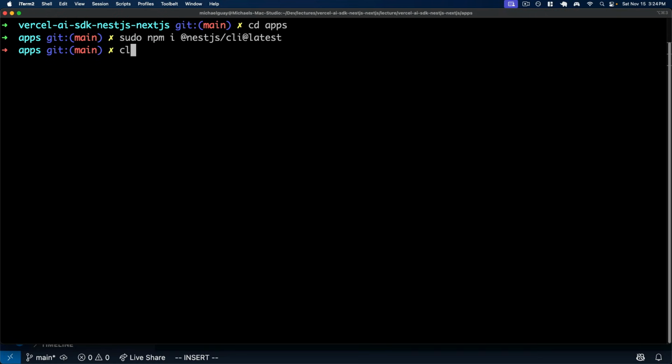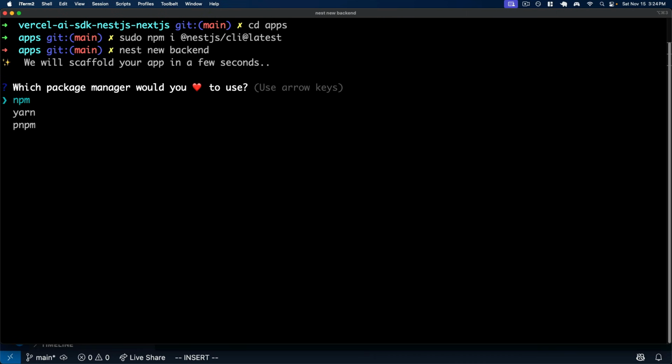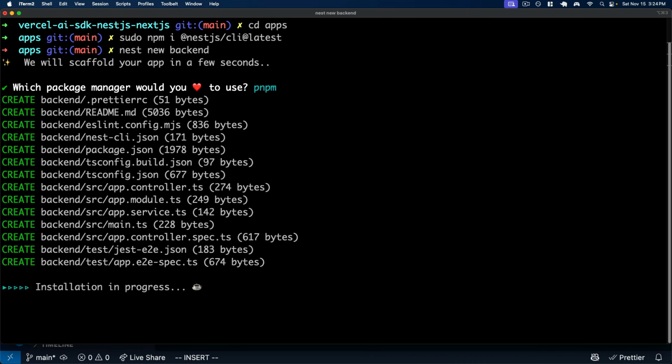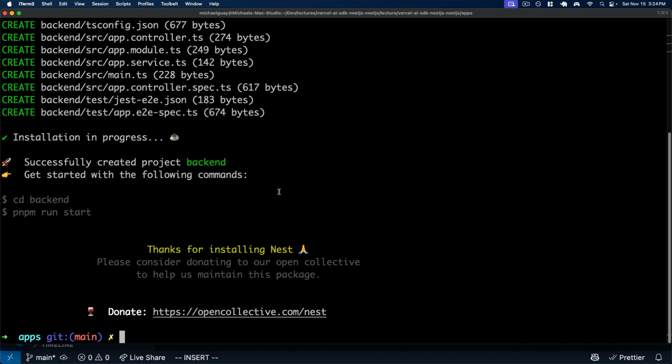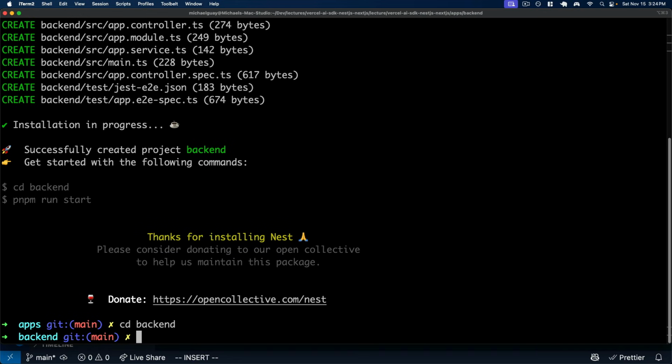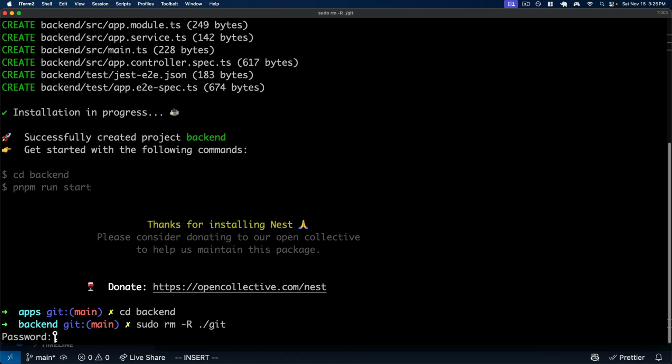Once you have it, then we can run nest new to initialize a new project, and we'll call this the backend and use pnpm. So this will create a new Nest.js backend inside of our Turbo Repo apps folder. And so now that the Nest app is generated, let's make sure that we cd into backend and run remove on the Git folder in this folder, because by default, Nest will create a Git directory, but we don't want